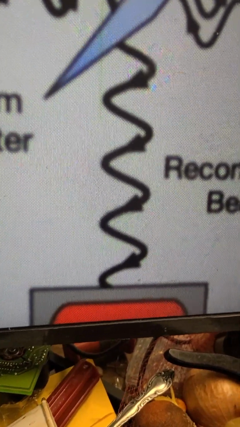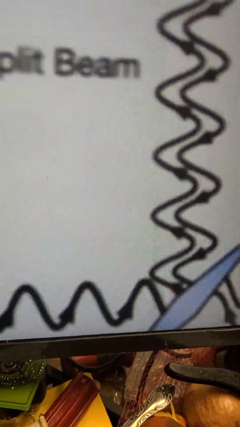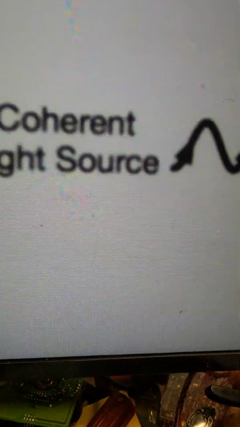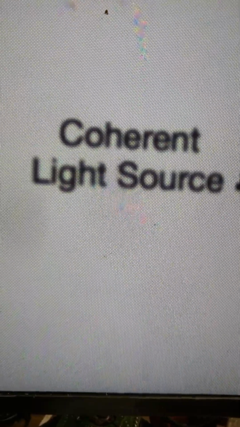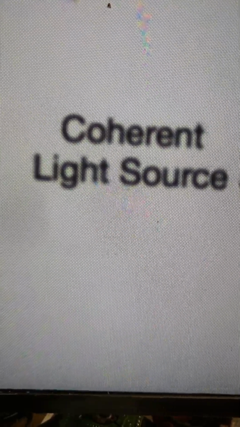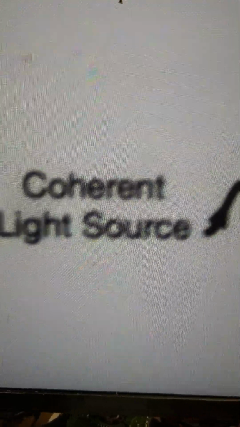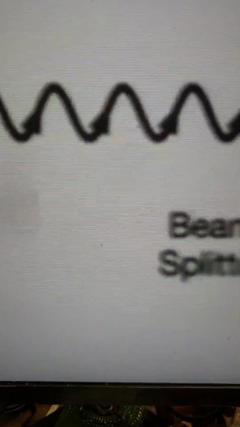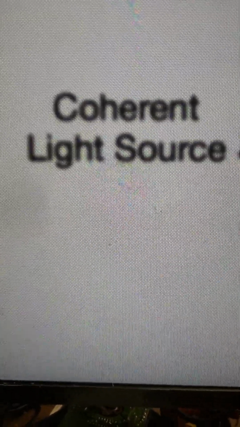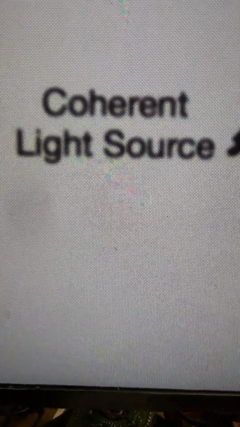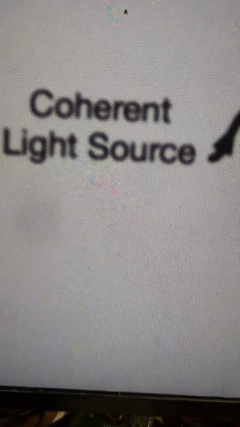Now the size of wavelengths of infrared ranges from about 2 micrometers, which is 1/500th of a millimeter, up to about a millimeter, or maybe even a tenth, let's say up to a 10th or 20th of a millimeter. But that size,